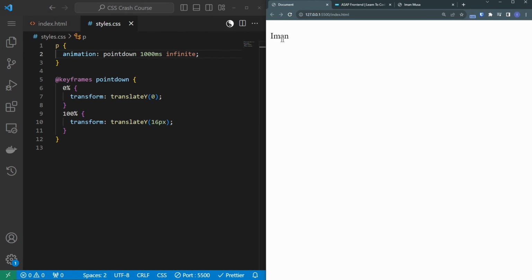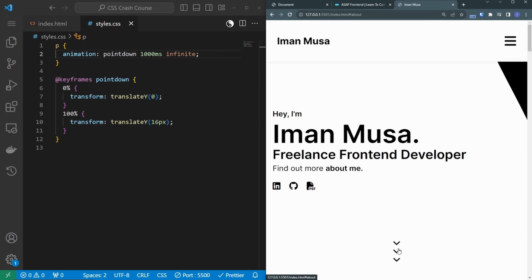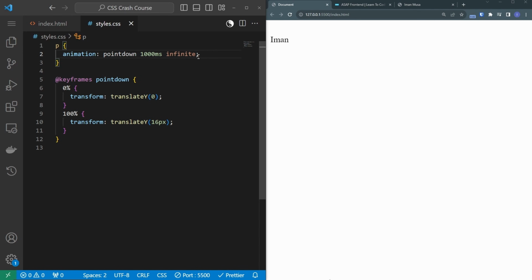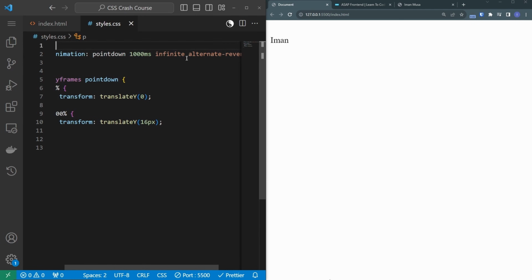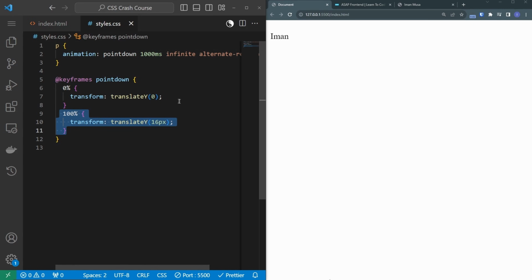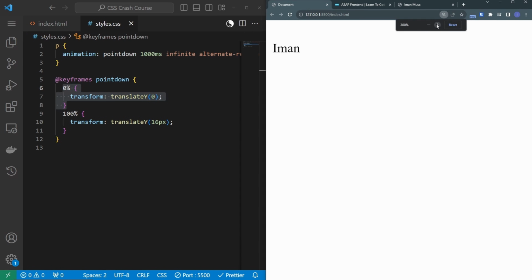But when the animation finishes, it's going to abruptly jump back to the starting position and run the animation again, instead of smoothly going back up to the starting point and then running the animation again like we want. So in order to fix that, all we need to do is add on this alternate reverse to our animation. What that's going to do is make it so once the animation finishes running, once we get to 100%, it's not going to abruptly jump back to 0%, right? It's not going to abruptly go all the way back up to the starting point. It's going to smoothly go back up. And you can see our animation is looking